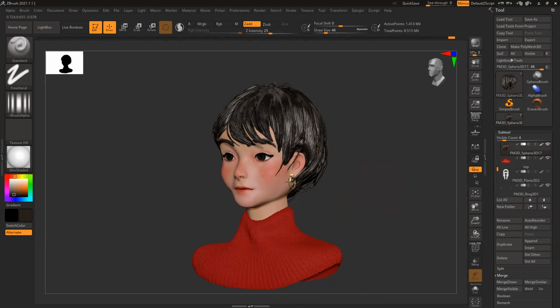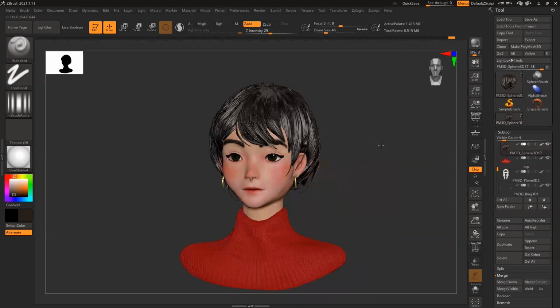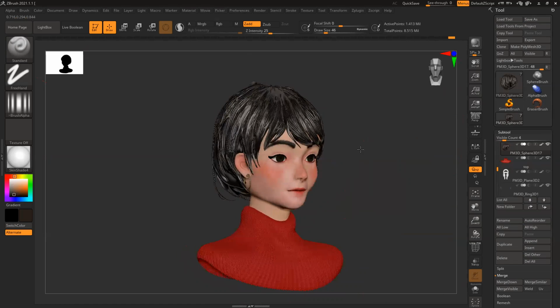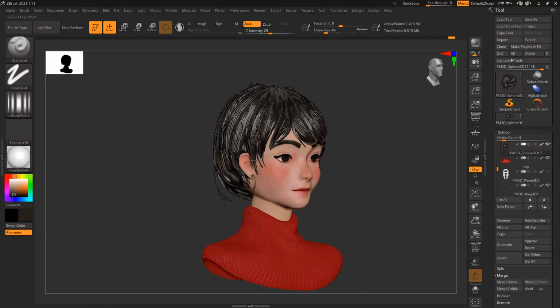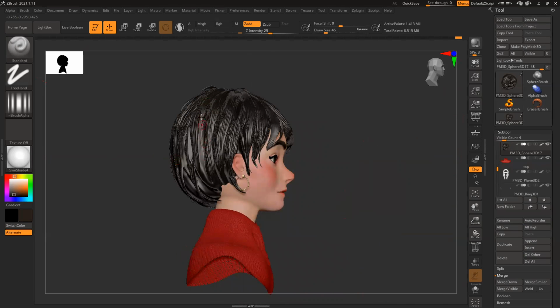So is it okay for hair to look this shiny? Usually hair is a little shiny. This is stylized, right? So we can have our own interpretation. I can make the hair completely red, black, white, whatever I want, right? So it's a stylized thing. There is no limit to that. Whatever you want to create, you can do that.